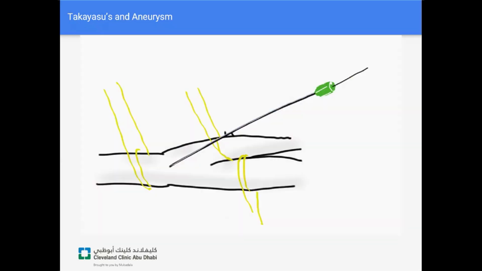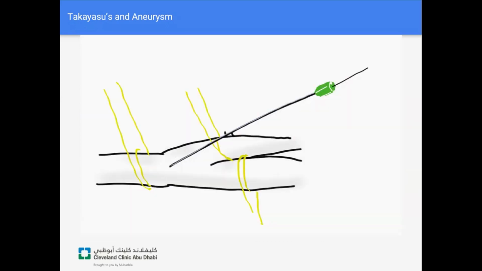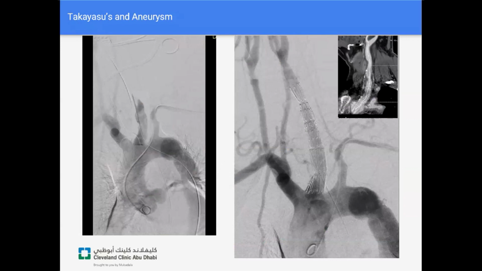This was a hybrid intervention where I would access the carotid artery above where it was normal through a surgical exposure, and then through that, while clamping the outflow arteries for cerebral protection, intervene. You can see I had left arm access, as well as retrograde access to the left carotid, and I placed a stent graft across the aneurysm with pretty good angiographic results covering the aneurysmal segment.